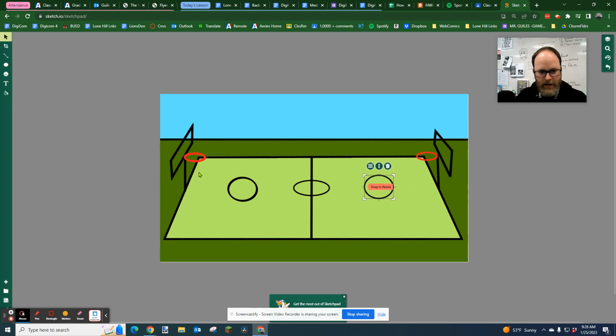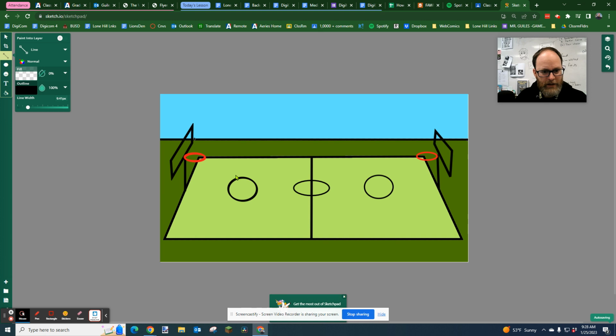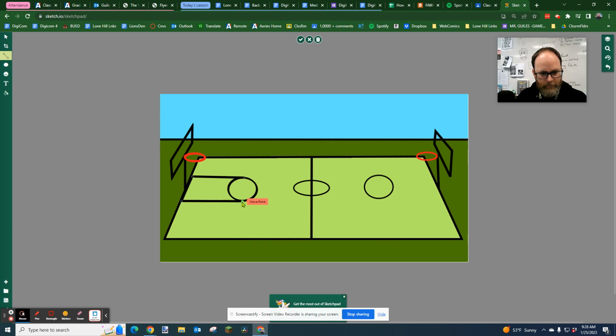And then I'm just going to do a line from the outside. So I'm going to get the line tool. I'm going to go from here right to the bottom of the court. I could go over and back up and then hit enter. That works pretty good. Down to the line. I'm going to just click over here because it has to make that line still, and then go back up